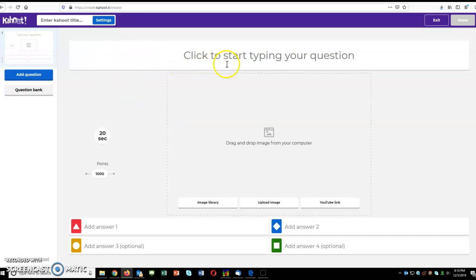Alright, so start typing your questions. So it says click to start typing your questions. So we're going to put, let's put where in this, oh gosh, sentence does the quotation mark belong? Okay, so that's what you're going to put in, and then